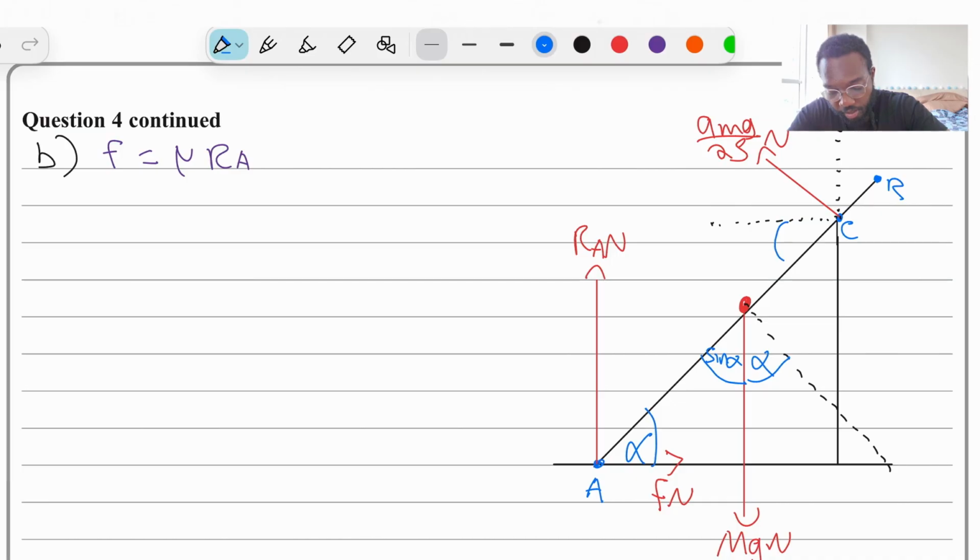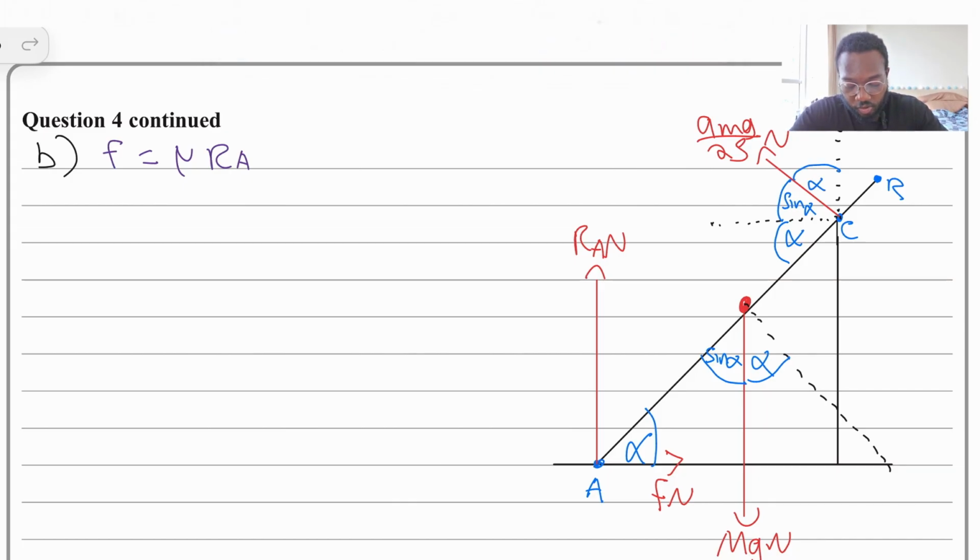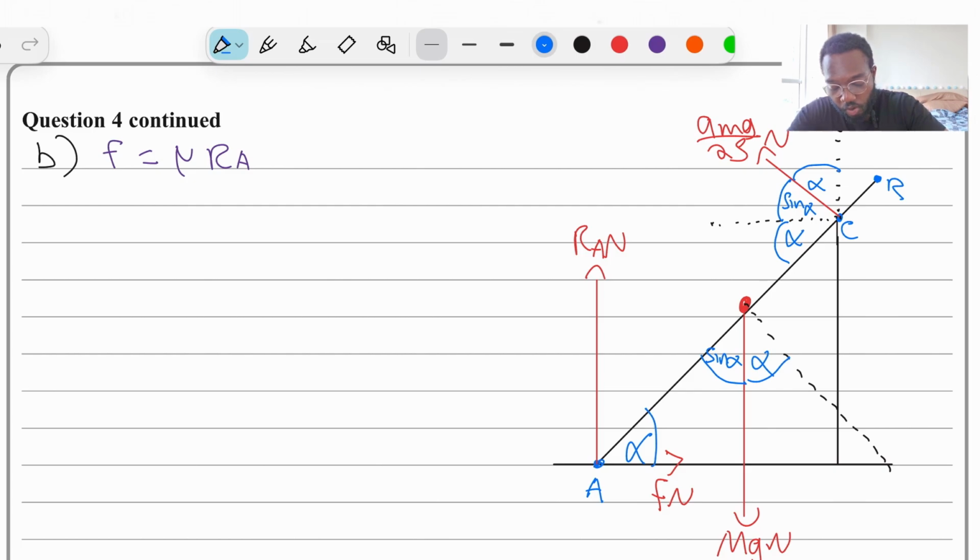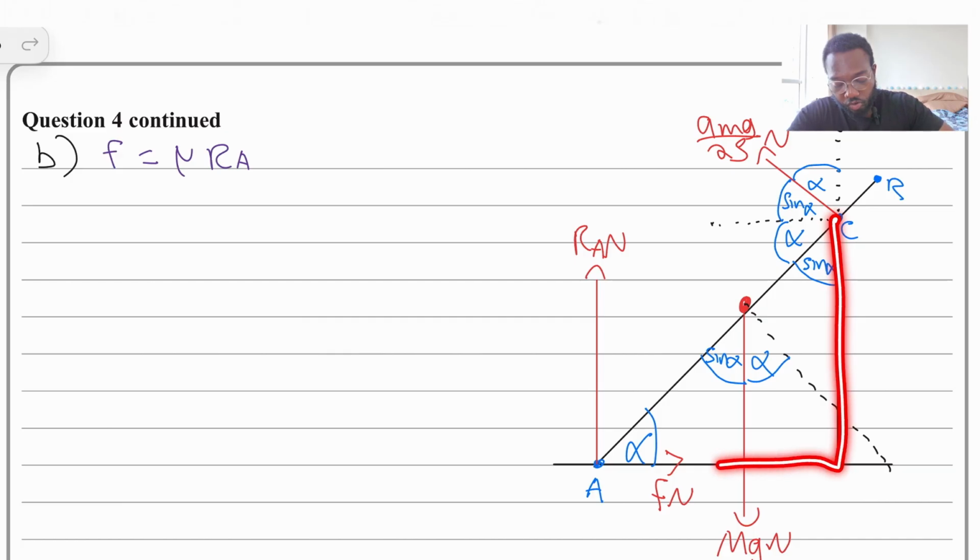This one would be alpha, which makes this one sine alpha, and then this one would be alpha. There are loads of ways you can think of doing that. I look at it as alternate angles because they're both angles to a horizontal, so they're both going to be the same. You can also know that this is going to be sine alpha too, because if you think about this whole triangle here,